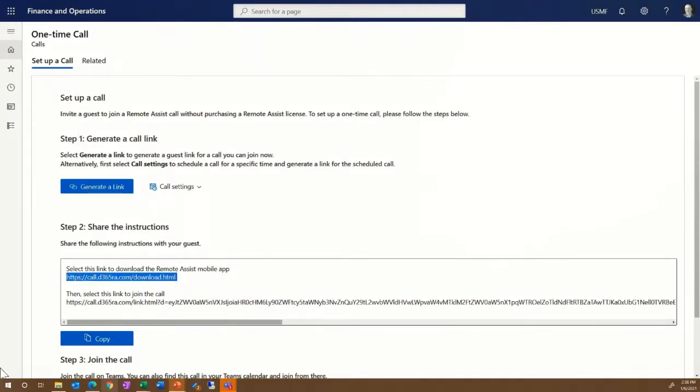But what we did here is we embedded the Remote Assist one-time link generation directly within finance and supply chain. And we've done this a number of times with different tools throughout this Tech Talk series. If you want to see how to do that, I think we actually did it in the last Tech Talk. We showed how you can strip out all of the information around the outside of the model-driven app and then just embed it directly within finance and supply chain so that you don't have to go out to another screen.